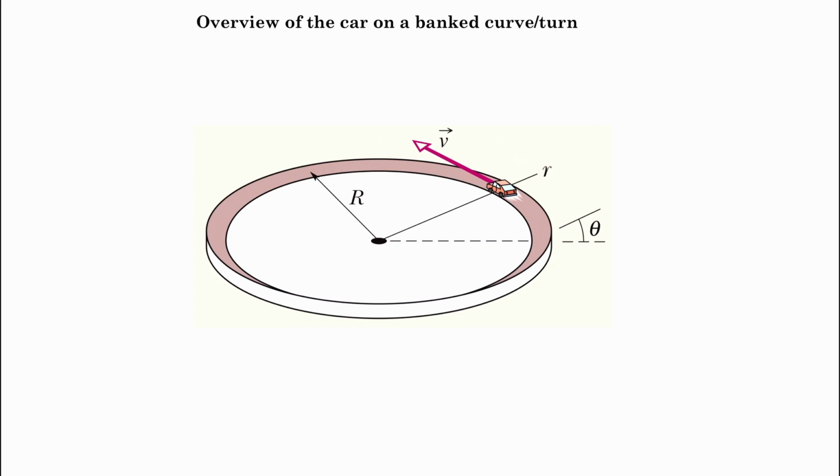And the object, which in this case is our car, is proceeding at a speed of v, or velocity v. Remember, the magnitude of this is going to be fixed, but the direction is going to be all the time changing. When the car is over here, the velocity would need to be tangent, so the velocity would look something like that. And when the car is over there, the velocity would look something like this,